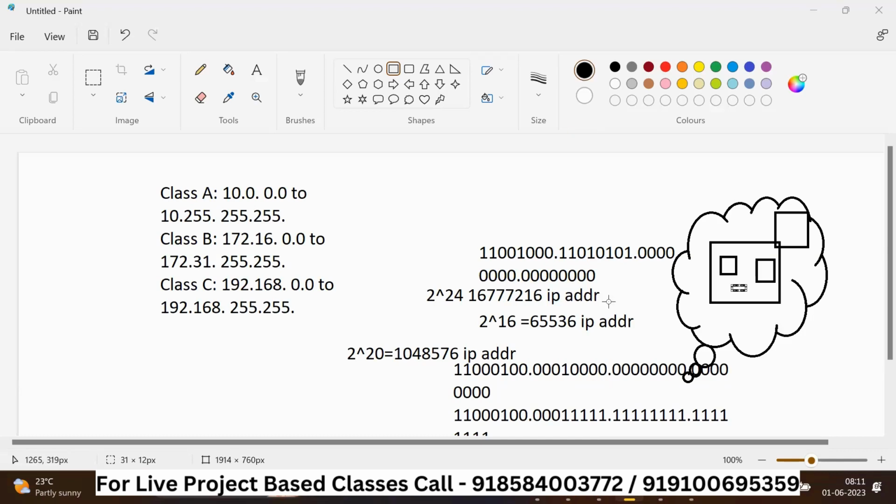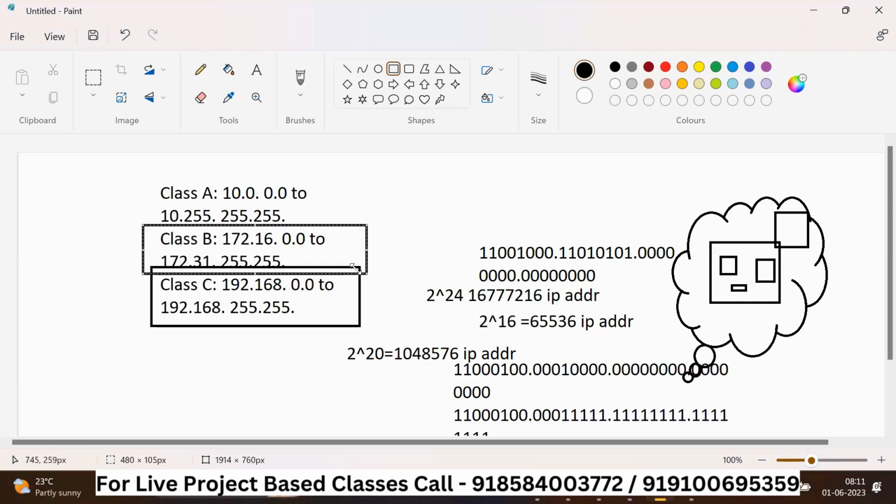So I was explaining how we can select a particular IP range. If we have a small company, then we can have this particular range. If we have a medium company, then we will go for this. And if we have a large organization with many servers, like 2 lakhs or 3 lakhs,